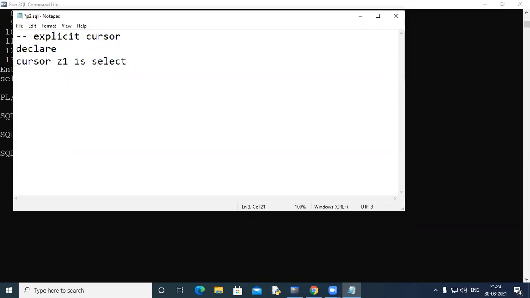Say select emp number, ename from emp where department number is equal to, say, DNO.